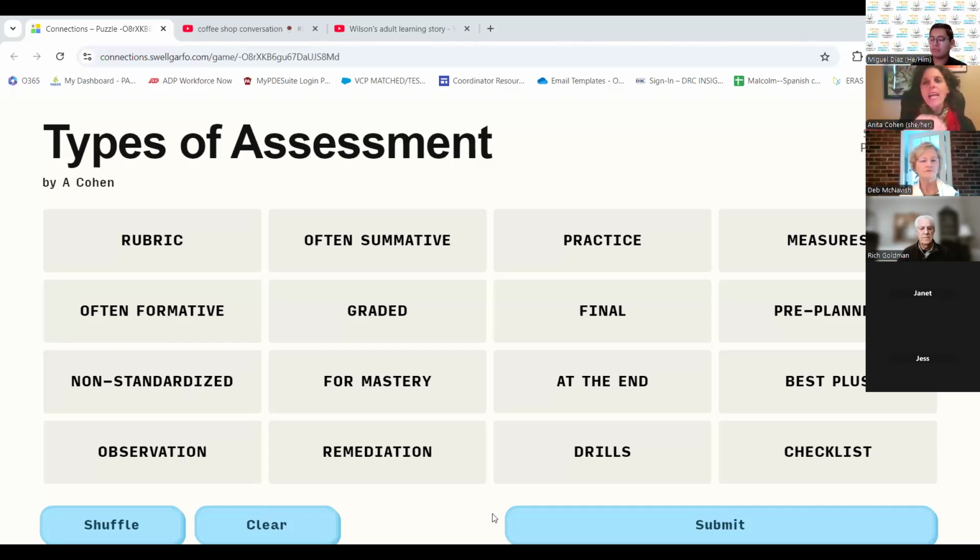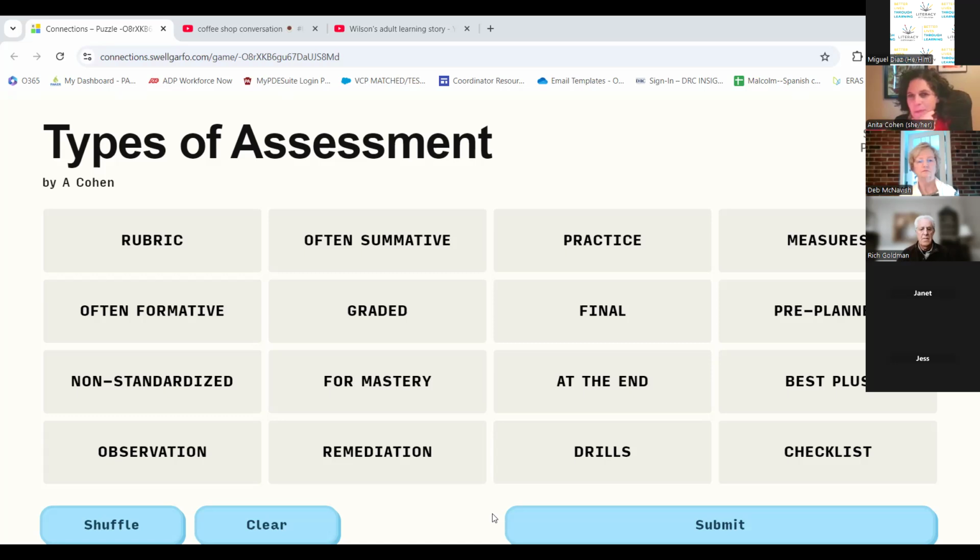Okay. I put together this, does anybody play the New York Times Connections game? It's my favorite game. I play it every single day. My husband plays it. We compare our notes. But there's a website you can go to where you can make your own connections games. I learned about this from another tutor. And here I put one together for the 4 different types of assessment. There's 16 words on the board. You have to put 4 words in 4 different categories. So there's summative assessment, formative assessment, formal, and informal.